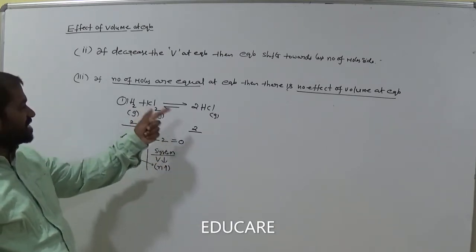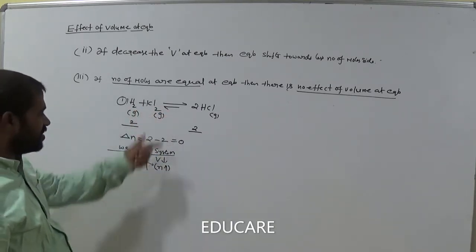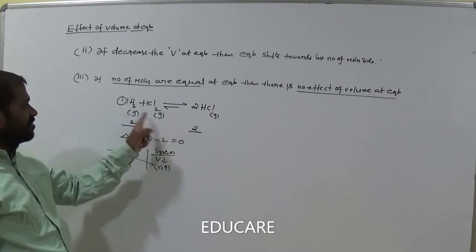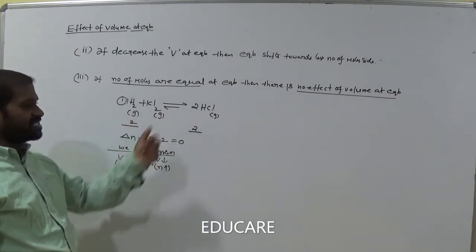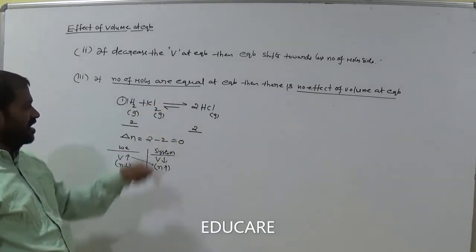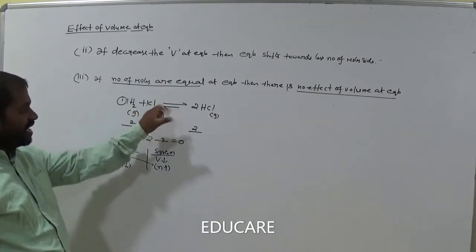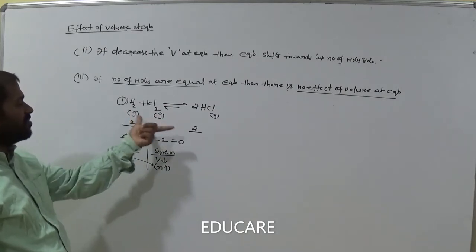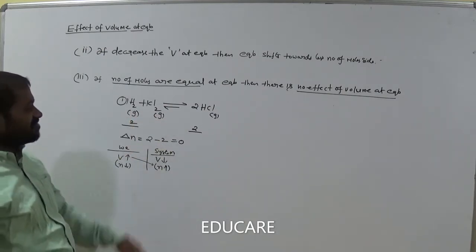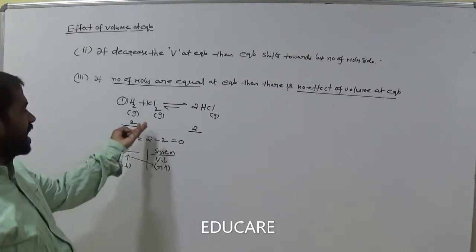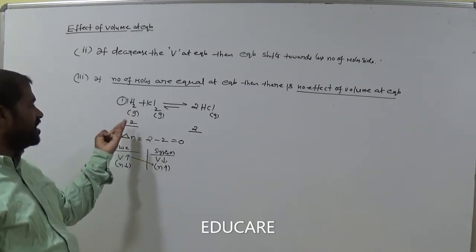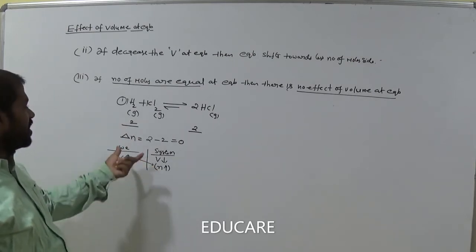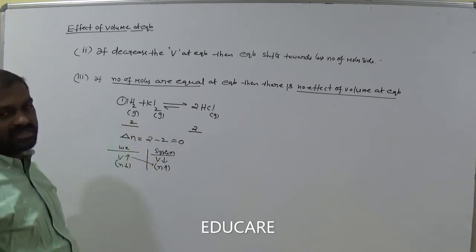Now how can we decide which side has fewer moles in the above equilibrium? Both sides are equal, am I right? The number of moles is equal on the reactant side and the product side. If we increase the volume of the system, the chemical equilibrium shifts towards the side with more moles. But where are more moles in the above expression, left side or right side? There is no way to predict which side has more moles, because both sides are equal.